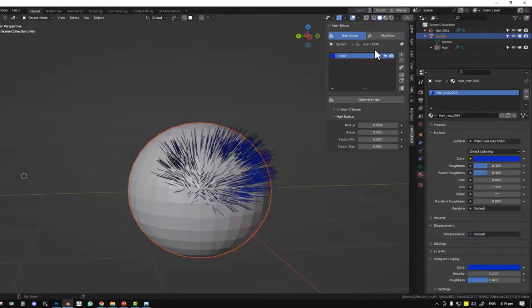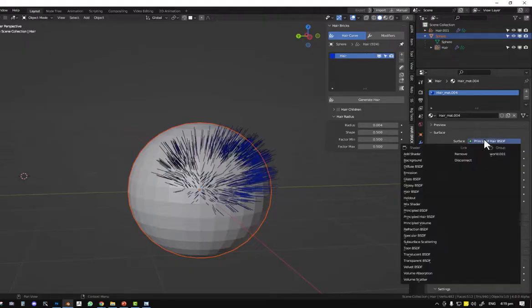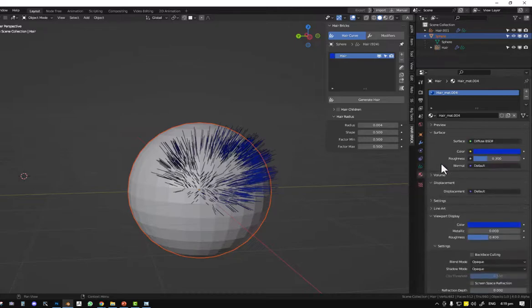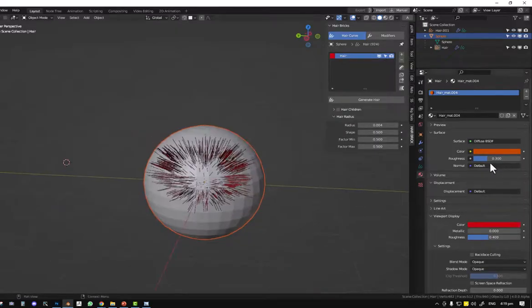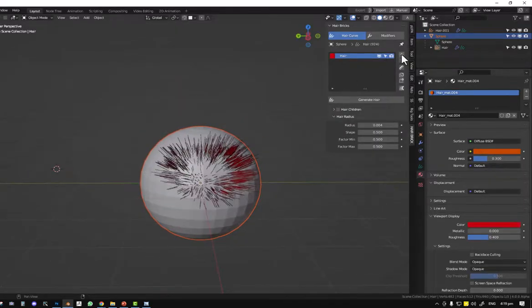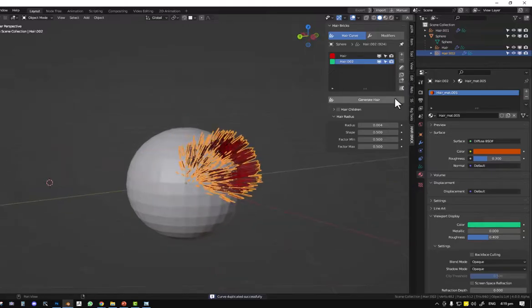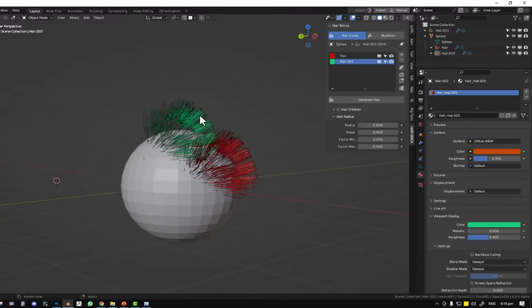It will just affect the viewport color. So for example, if we switch this to a diffuse color, it changes to red. If we go ahead and change this, we can see it only affects the viewport and not the final render. If we duplicate this now, and we want these two hair systems to use the same color, you can do